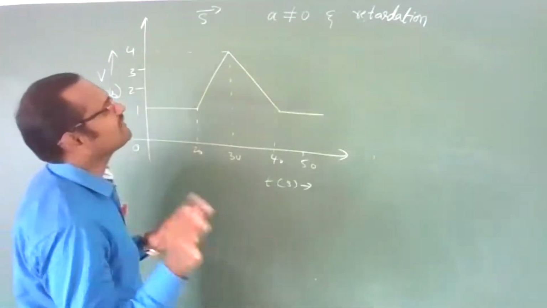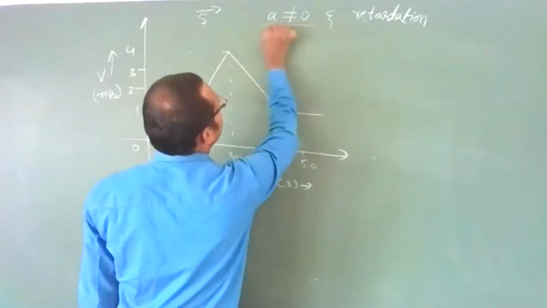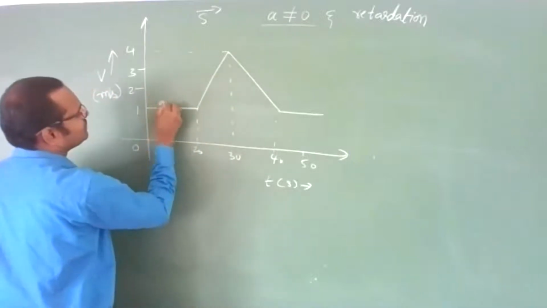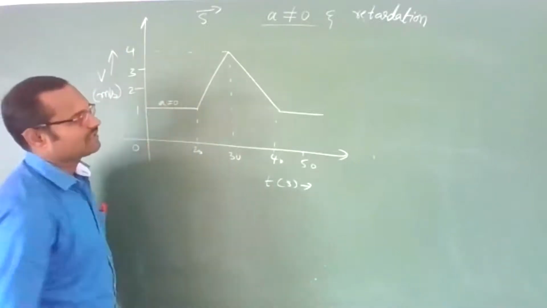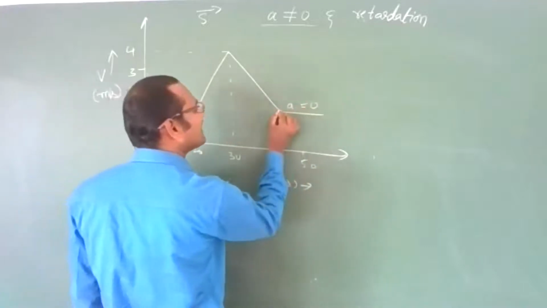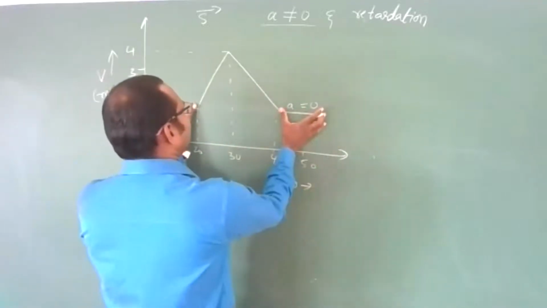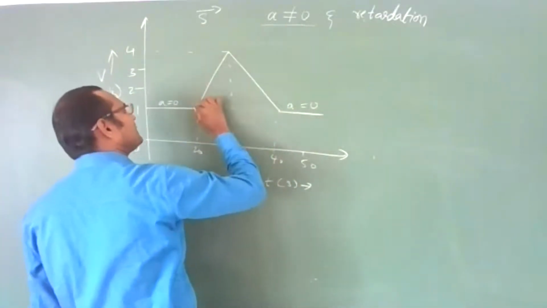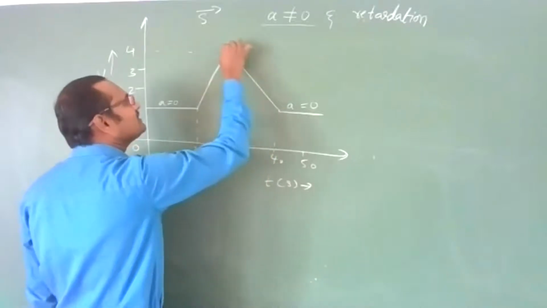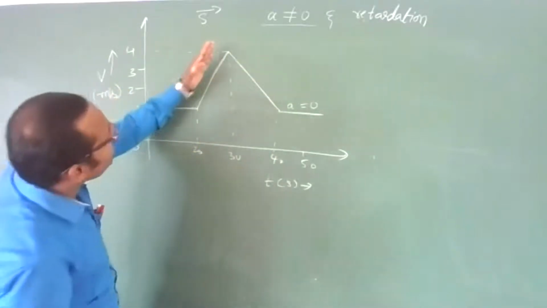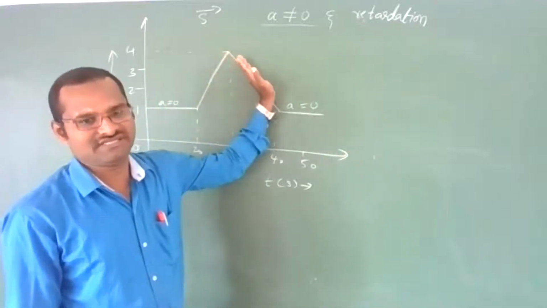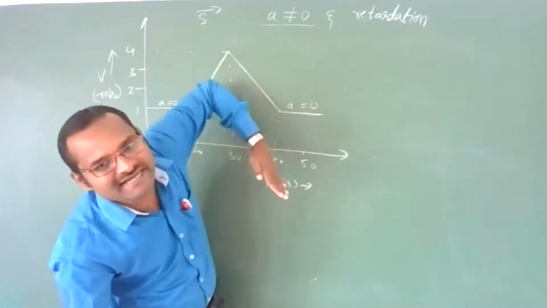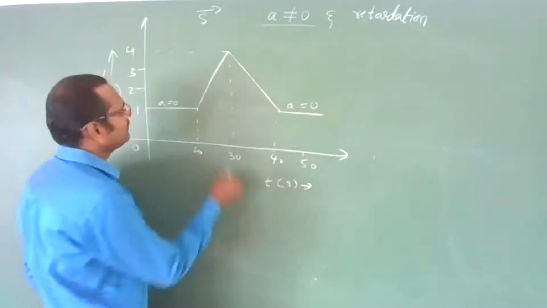See, where is non-zero acceleration? Acceleration should not be zero. See here on the velocity time graph, here acceleration is zero. Yes or no? Yes. Here also acceleration is zero because they are parallel. Means these two time intervals we should not consider. Now, non-zero acceleration is there, and retardation is there. This is positive acceleration, this is negative acceleration. Positive acceleration means the slope will be like this; negative acceleration means the slope will be like this. During this interval,